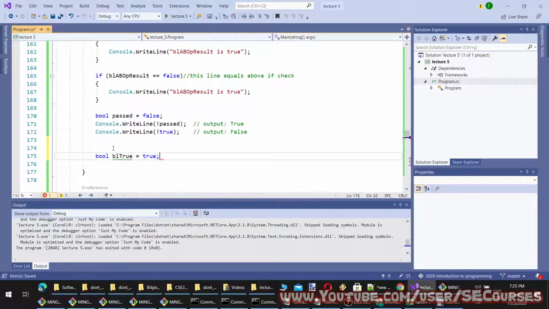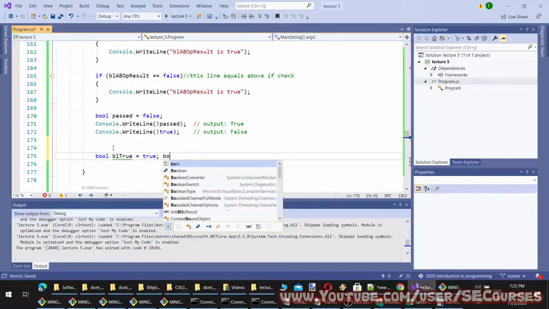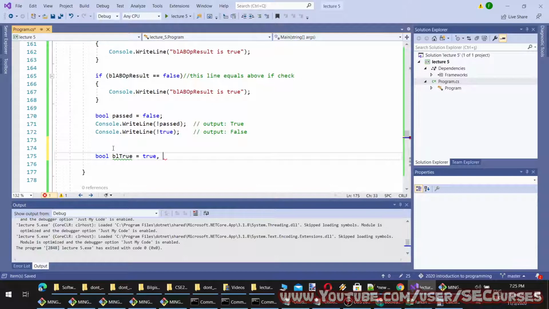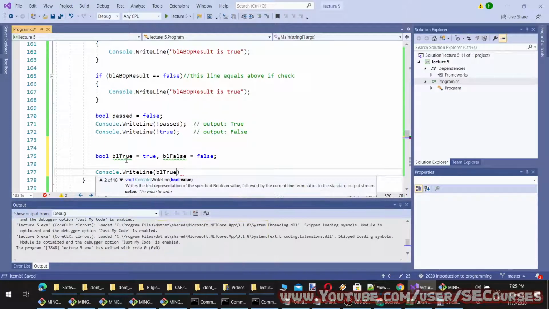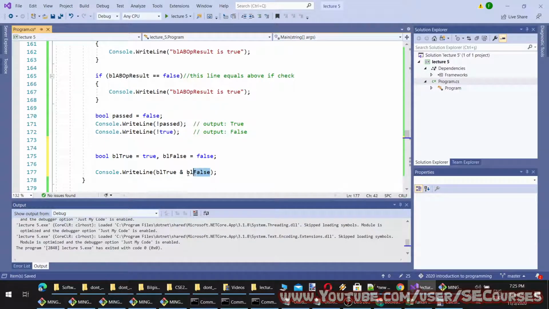True, true, true. Let's make it. By the way, you can define multiple variables of the same type like this, you see. So, write a line and false. Okay. So let's see what this will output.